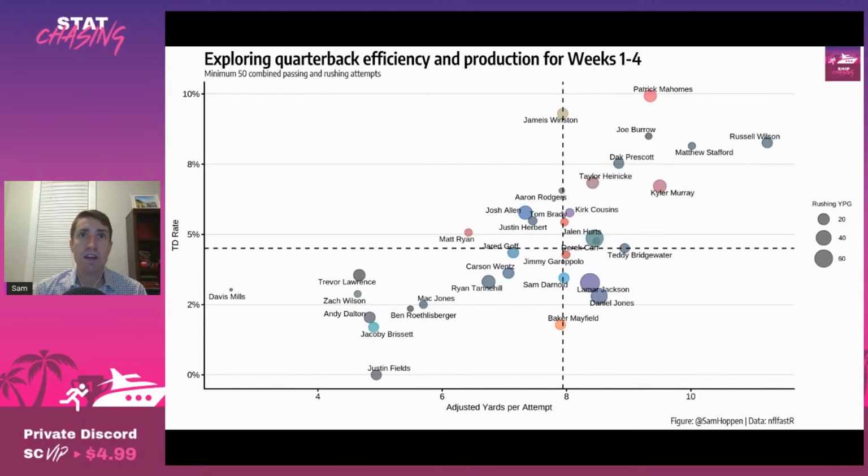He currently has a positive 2.4% CPOE, which is the first time that he's had a positive CPOE in his career. He was at negative 2% for each of the first 2 seasons of his career. He's also averaging 296 passing yards per game, which is nearly 50 yards more per game than his career high mark in a season. And despite thinking that Joe Judge is a schmuck, New York has a 5% pass rate